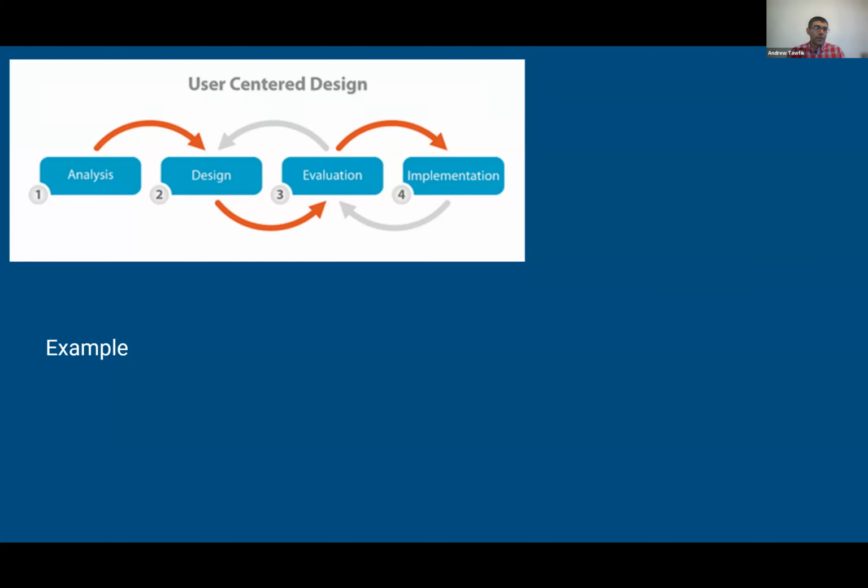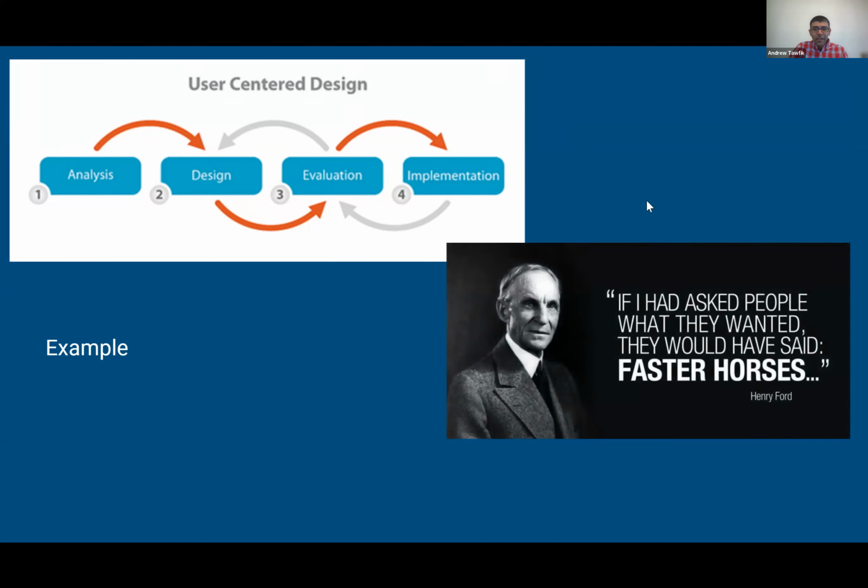And we brought in users and they said, this is totally confusing. I have no idea what's going on. And so the designers are walking alongside the users along the way. And so one question I have for you, and I'm curious about y'all's thoughts: Henry Ford may or may not have said this, but he supposedly said that if I had asked people what they wanted, they would have said faster horses. Or if I were to think about this from a user-centered design perspective,